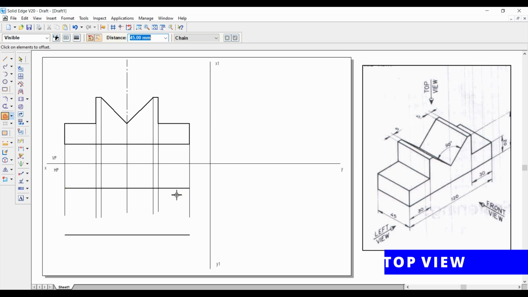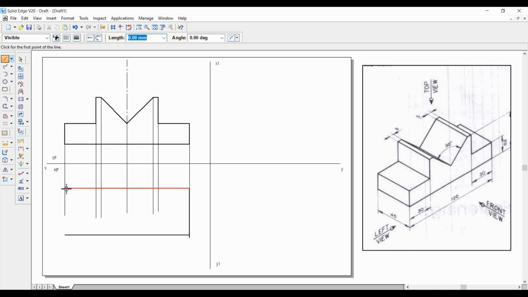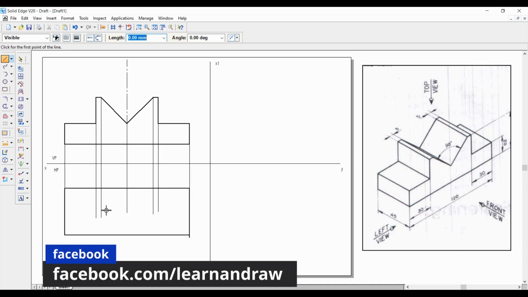Then right click. Next, we'll join these lines. Select the line and join these lines. Similarly, we have to join all the lines here. It has been shown.